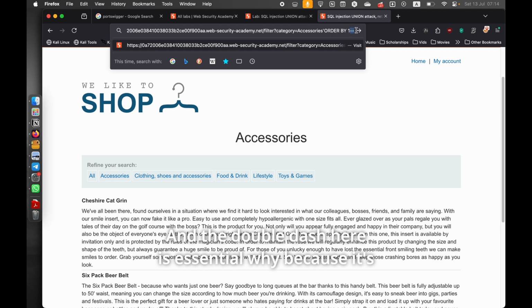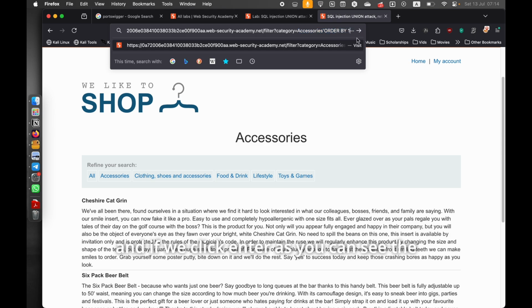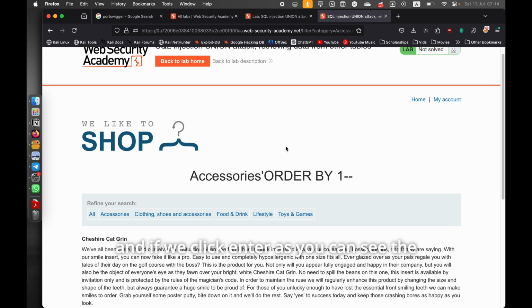And the double dash here is essential. Why? Because it's going to make the rest of the original query commented out. So the SQL query is just going to be from this point until this point only, and the rest of it is going to be commented. And if we click enter, as you can see,